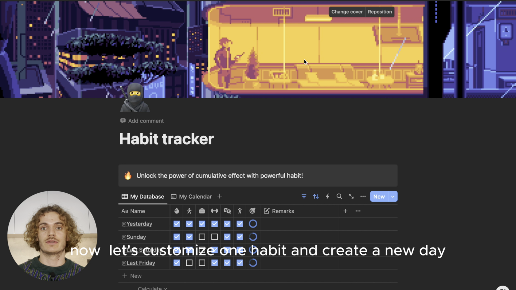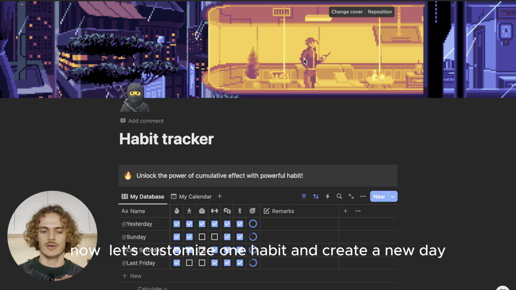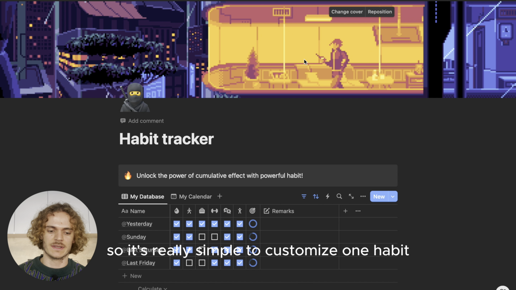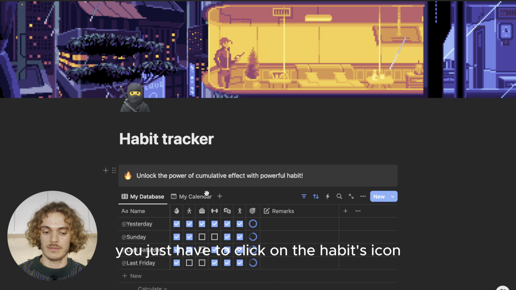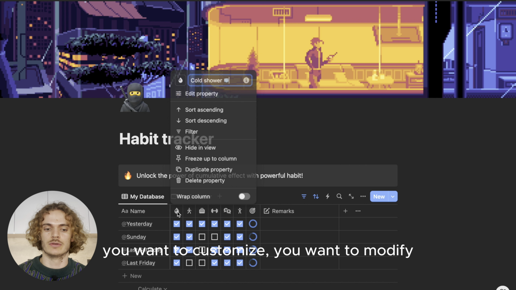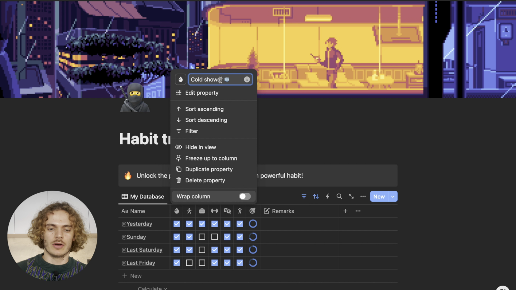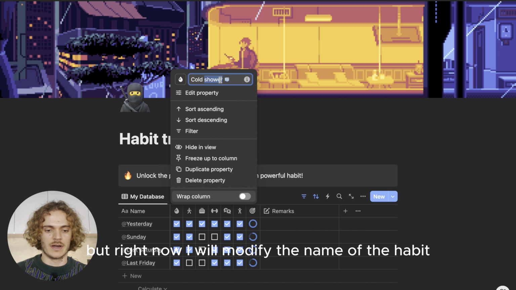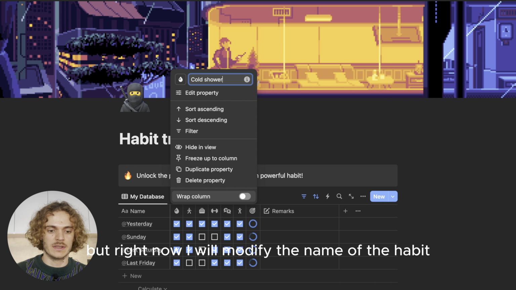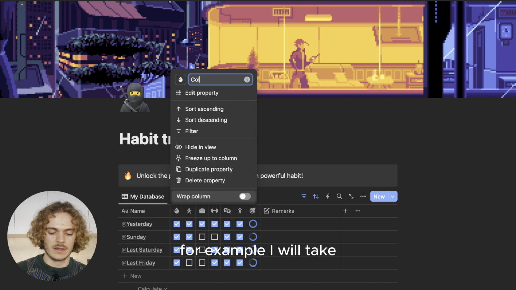Now, let's customize one habit and create a new day. So it's really simple to customize one habit. You just have to click on the habit icon you want to customize, you want to modify. Right now, I will modify the name of the habit. For example, I will take